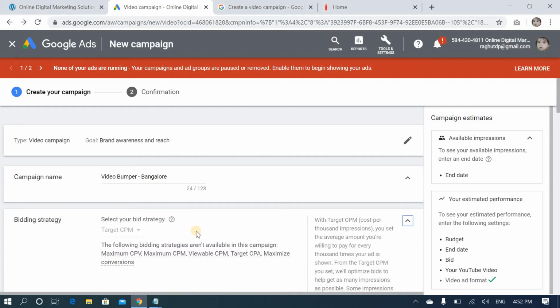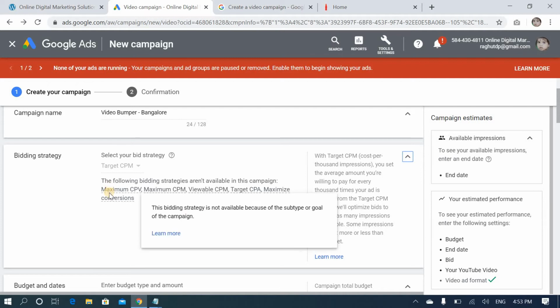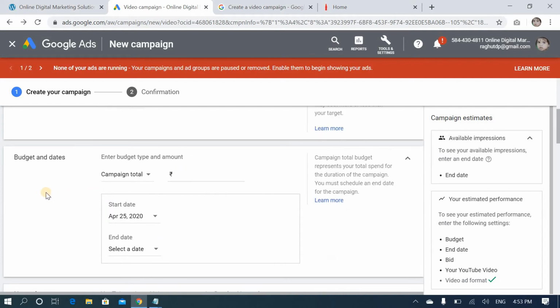By default, for bidding strategy YouTube is taking CPM, cost per 1000 impressions. You can read all of this in the Google help section. Next, budget and dates. For the campaign total I'm putting 500 rupees, and you can mention the start date and end date.